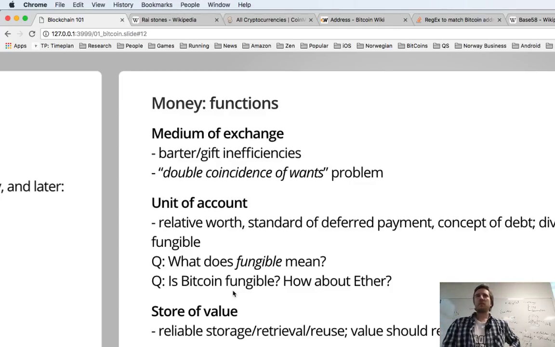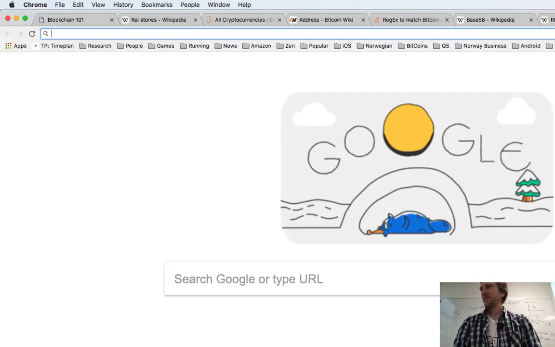How about Ether? Those of you, do you know Ethereum? So we will discuss it a little bit later. Okay, so store of value, reliable store of value, retrieval and reuse. Value should remain stable over time. So with normal fiat currencies, with the currencies which the governments issue, do we have them stable over time? Not going all over the place like